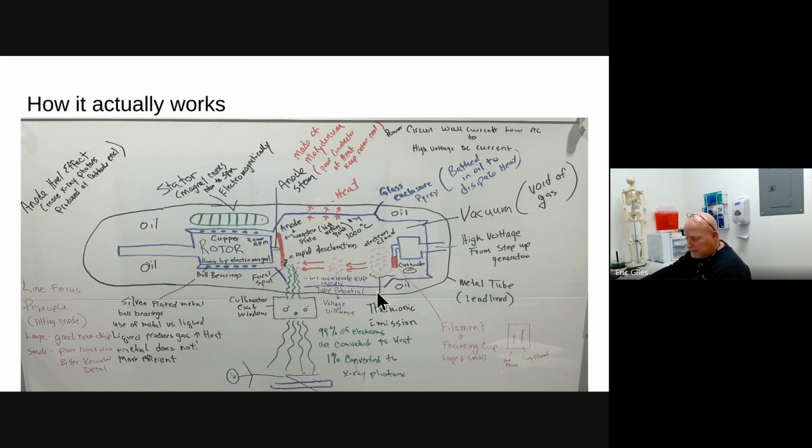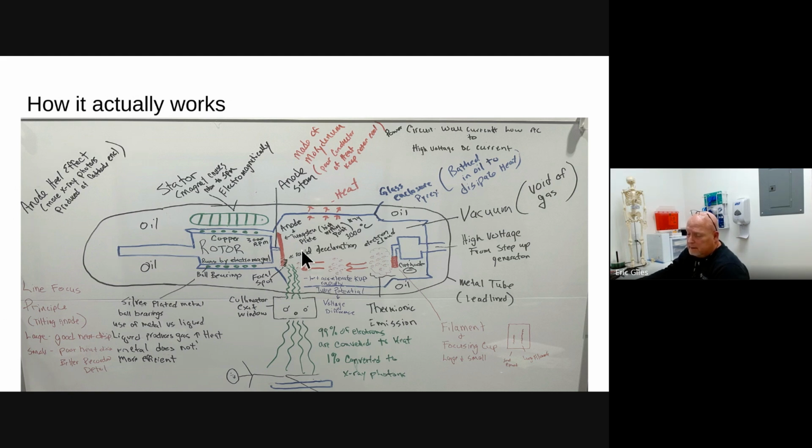And we talked about the filament quite a bit, thermionic emission, that 99% of the electrons are converted to heat, where 1% are converted to X-ray photons. Okay, and in one of these classes we will talk about the line principle, or line focus principle. It's pretty interesting. We will also talk about the anode heel effect,